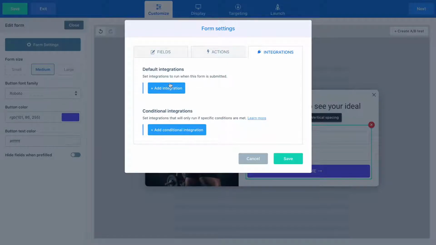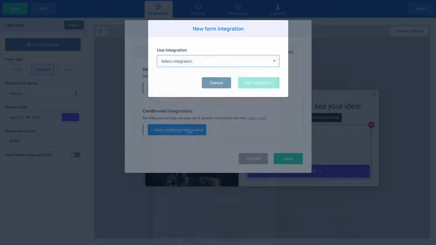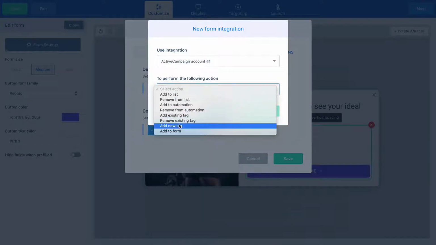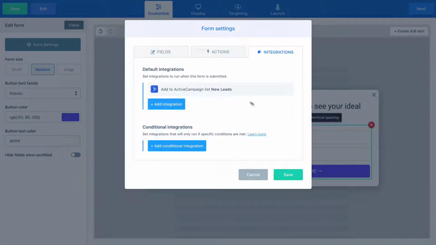So let's say, for example, you want to add all the contacts that submit this form to your ActiveCampaign list. So if we just go in here and select add to list, and we'll just add this to new leads. So all the contacts are going to be added to this list for new leads. And now you may want to apply tags based on